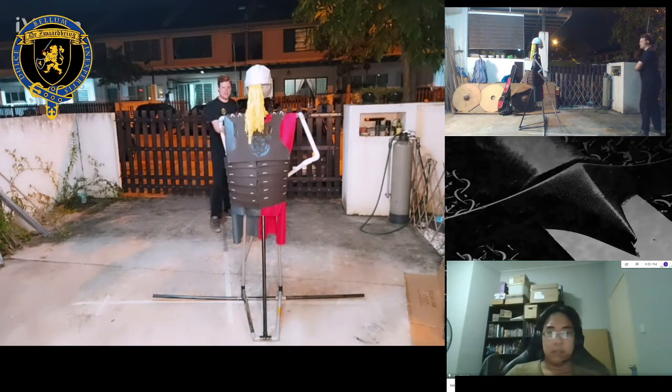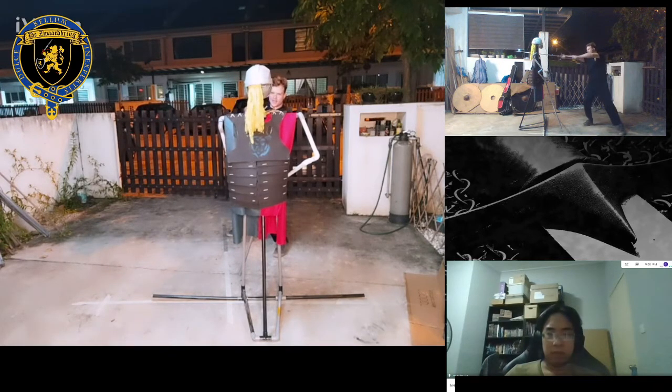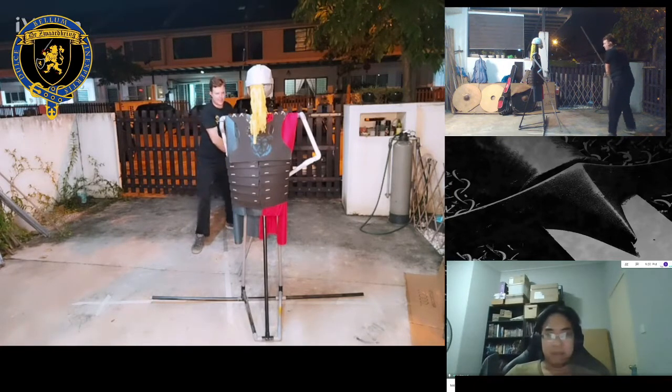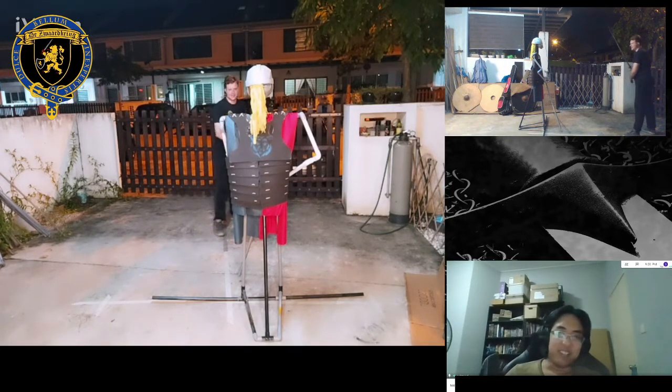So here the idea is that with cut 1, you can see that I'm hitting Ash in the shoulder, just in the nape of the neck. Then cut 2 is on the other side in the shoulder. Is this visible, Farhan? Yep. All right, perfect. The Unterhau probably won't be able to see.